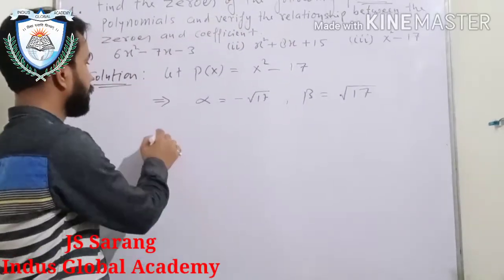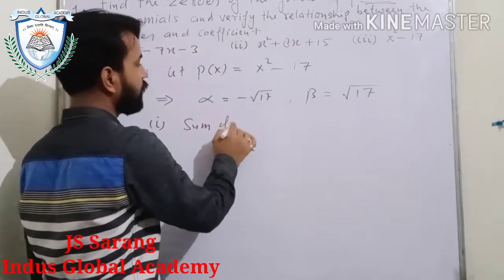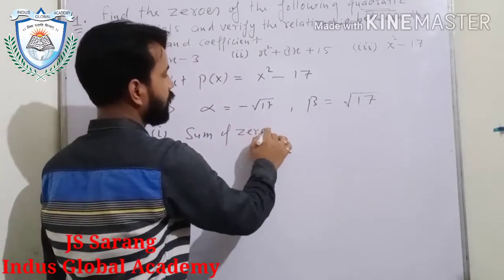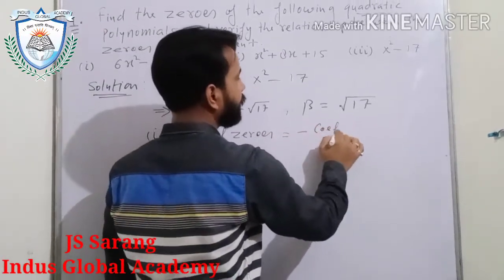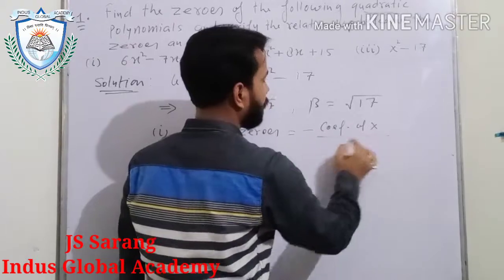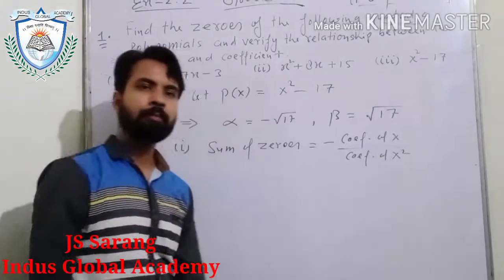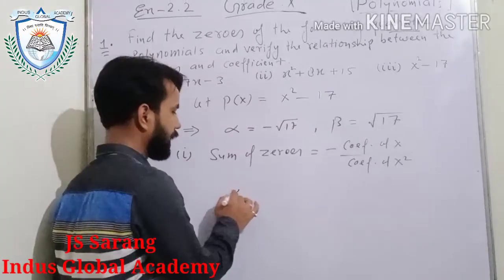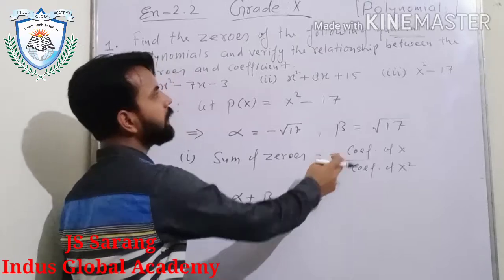The very first relationship is the sum of zeros. Sum of zeros is minus coefficient of x upon coefficient of x square. So alpha plus beta is equal to minus coefficient of x